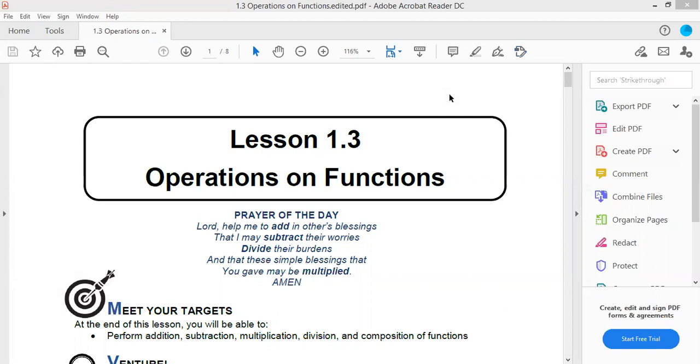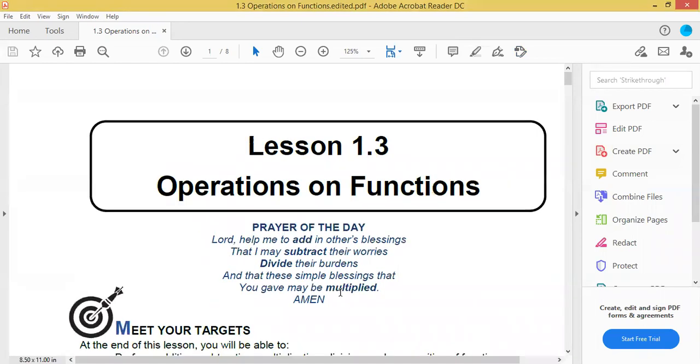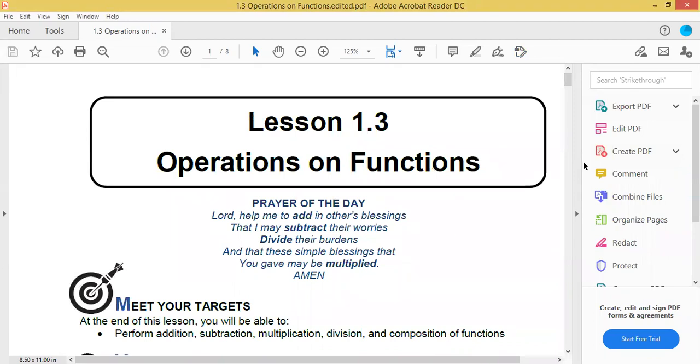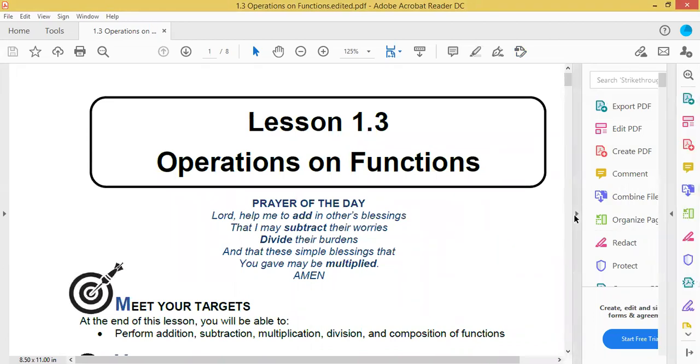Our prayer for the day is, Lord, help me to add in others' blessings, that I may subtract their worries, divide their burdens, and that these simple blessings that you gave may be multiplied. Amen. At the end of this lesson, you will be able to perform addition, subtraction, multiplication, division, and composition of